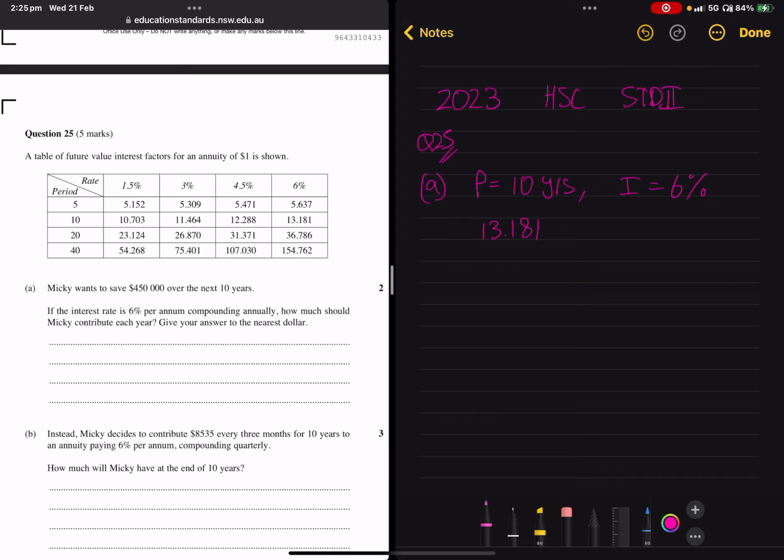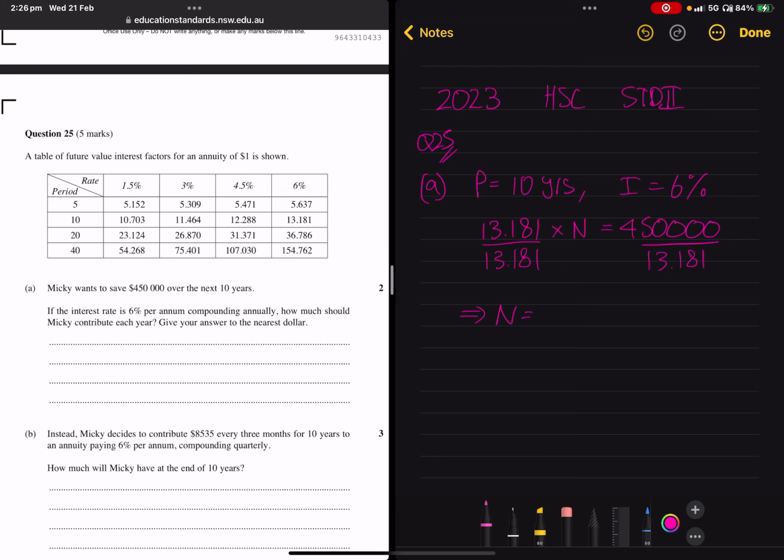We want the amount to be $450,000. So we have this amount multiplied by some number, let's call it n, has to be equal to 450,000. This n is going to be the number of dollars per year that have to be put into the annuity. So divide both sides by 13.181. This tells us that n is equal to 450,000 divided by